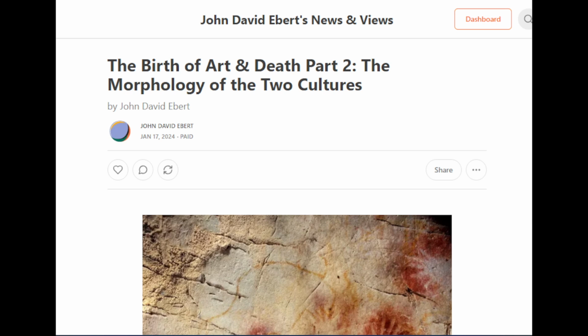And so the word morphology, of course, indicates a Spenglerian treatment now of these two culture forms, the Neanderthals and the modern Homo sapiens. They're two completely distinct cultures, and both have their own cultural forms. It is not the case that the Neanderthals did not have a culture. They most certainly did. That culture enters into its high culture period at about 100,000 BC. And so it had been going at a very slow tempo for 100,000 years or so before it was wiped out by the incoming modern Homo sapiens coming up through Africa and Palestine and then across over into Europe.